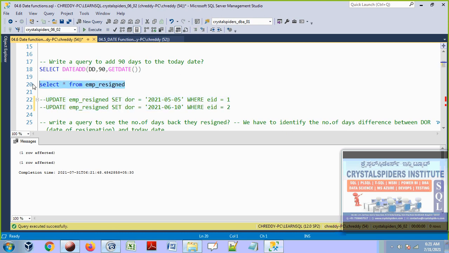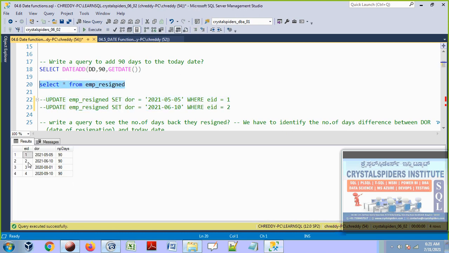Let's see here. I have these EMP resignations. There are 4 employees in my emp_resign table, and these 4 employees resigned on such and such dates. These are the dates they resigned, and this is their notice period. Employee ID 1 already resigned on the 5th of May, and another resigned on the 10th of June. These 2 people resigned last year, 2020, so we don't bother about them. I think they have already left the company because their notice period should also be done. Okay, this is fine.